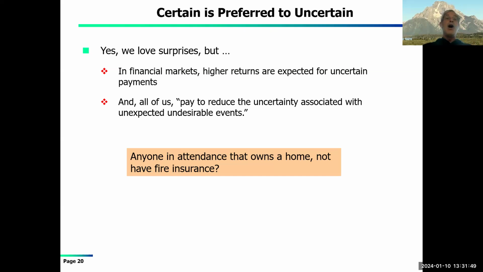And what is that about? Oh, because I know what the premium is. I'm paying the premium every month. I get the bill from State Farm Insurance Company every month, and it gets paid every month and has been getting paid every month. And I would prefer to have that known payment rather than the uncertainty associated with what happens if a fire occurs and the potential losses that we might incur if a fire occurs. Even though we haven't experienced one, the odds of us having a fire are actually pretty low.